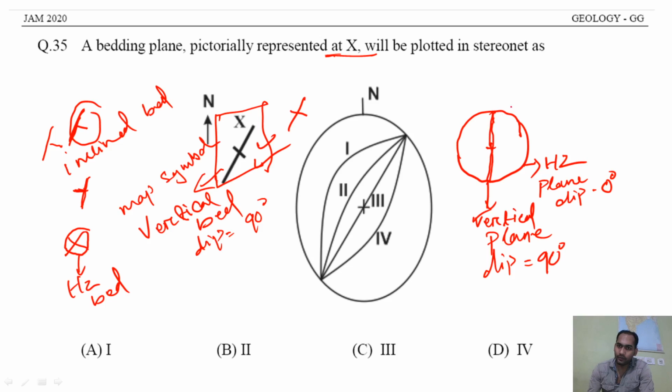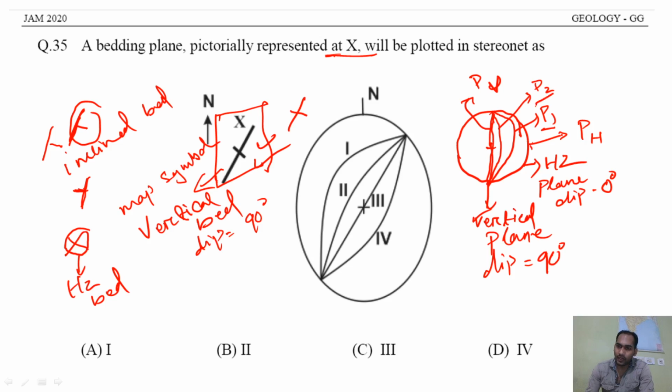So if I plot a plane like this and a plane like this, there are two planes, right? This is P1, this is P2. Okay, this is your PH, that means horizontal plane. This is PV, that is vertical plane, right? So here there is another one, P1 and P2. There are two planes, P1 and P2. So which one will be steeper? P1 will be steeper or P2 will be steeper?